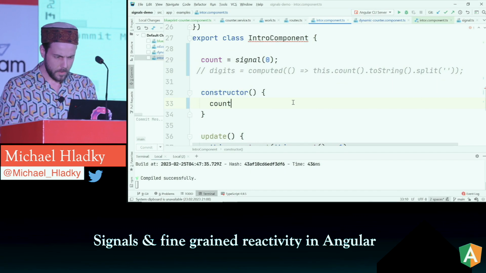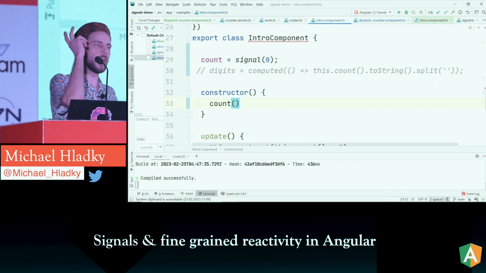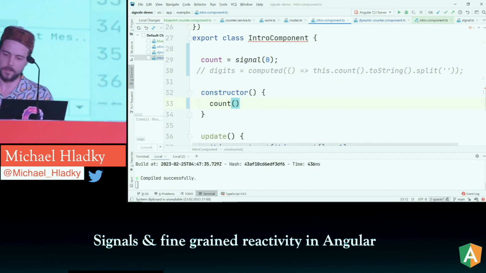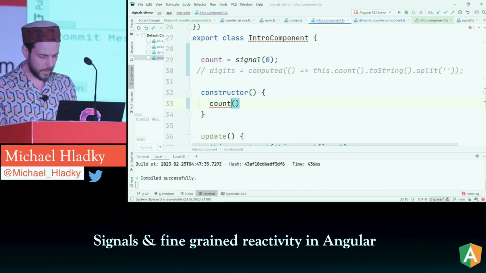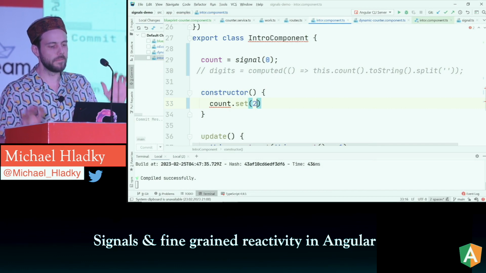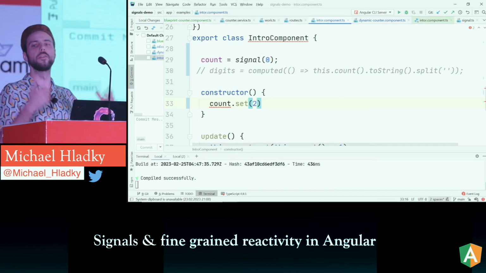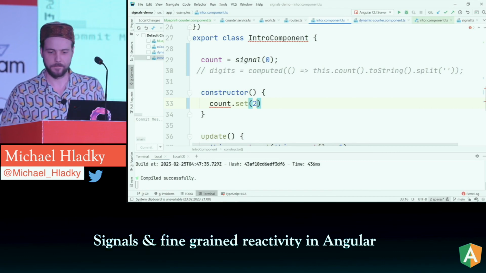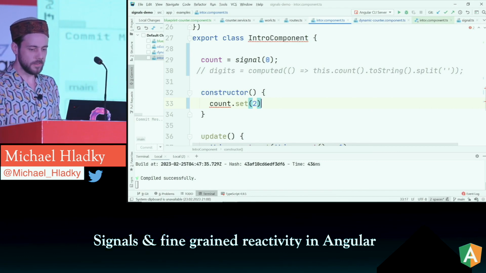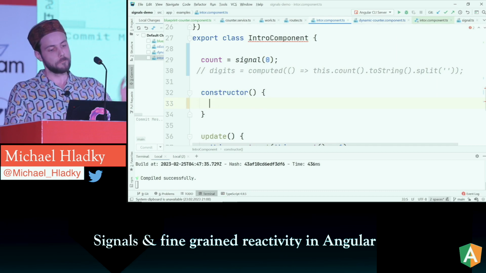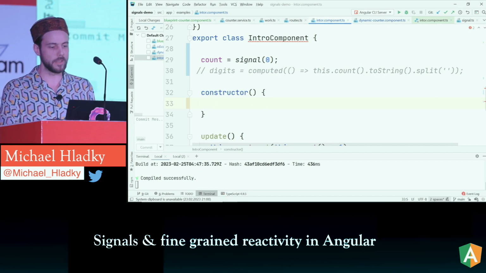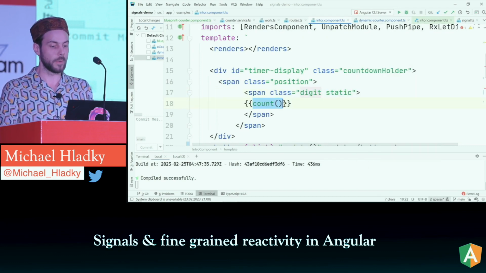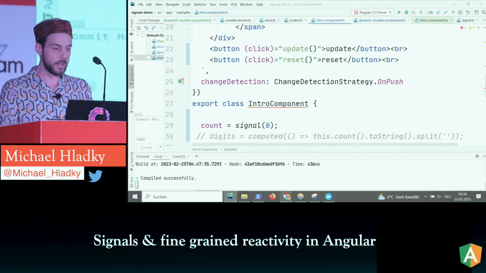You can say, give me that value, so when I just call that signal, I will get the value. And I can also change the value. I can say, please set the value of that signal to a new value of 2. Set and get. And those two things are the only thing that is publicly available, like the public API of a signal. I can then put that signal here in my template, and if I would click that button,